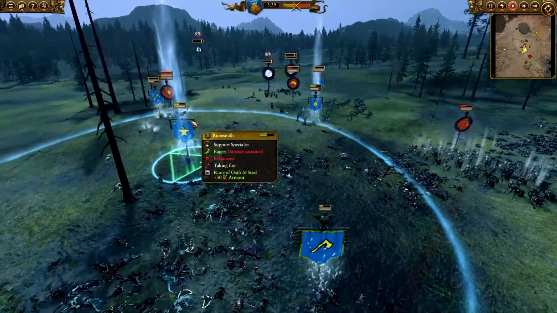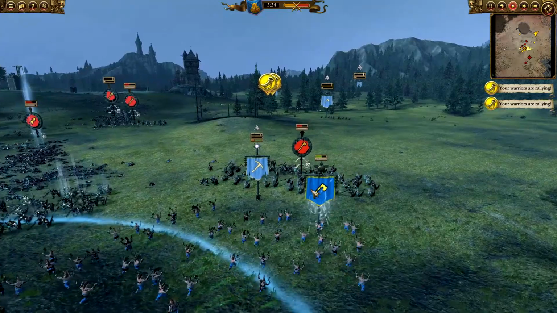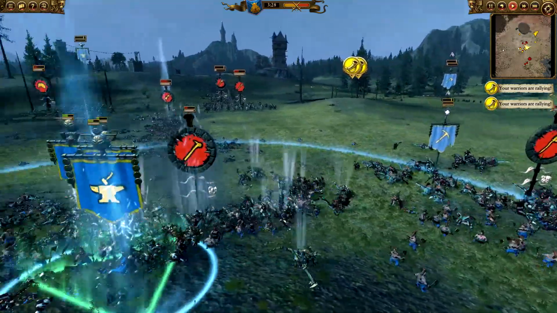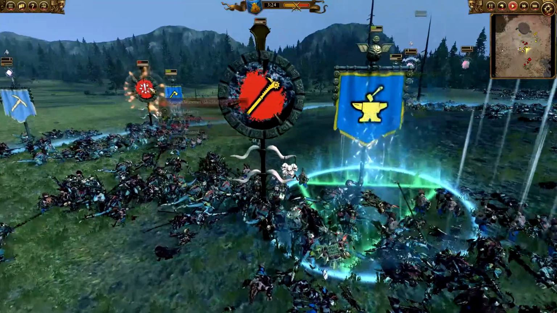We also have the Rune of Oak and Steel, so that's going to buff the Slayers' little bit of armour. Do they even have armour? No, but they do now, which is always nice. So they're charging straight in there. Pretty much all I can do at this point is just charging what units I've got into the units he's got and try and just...